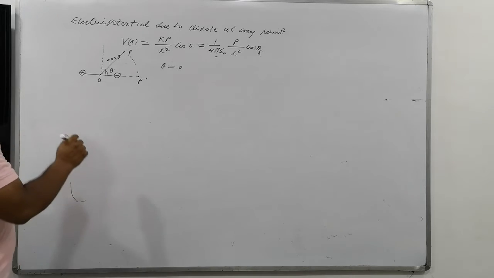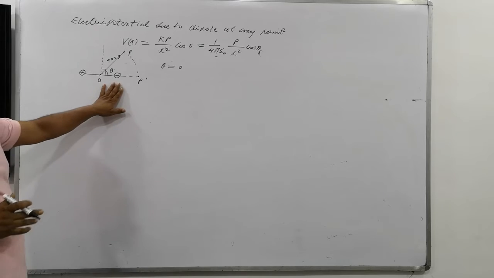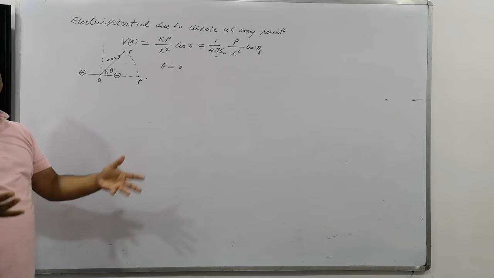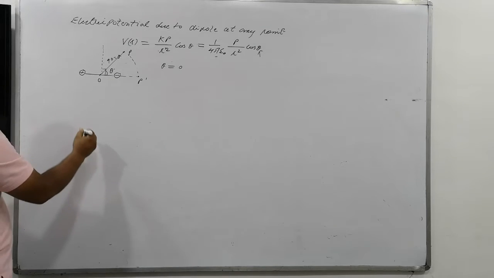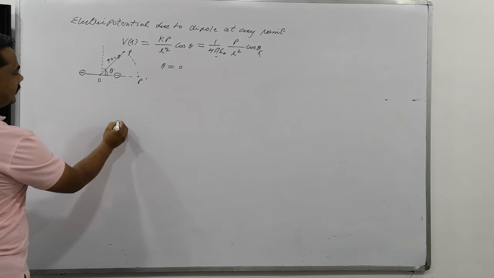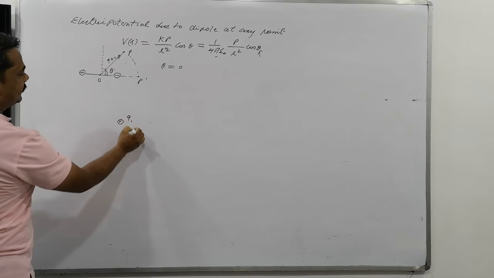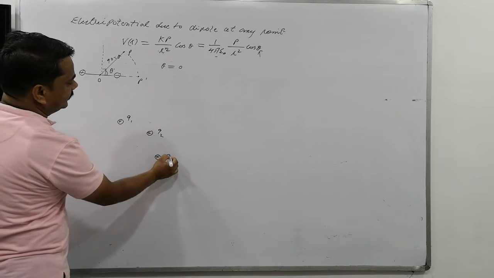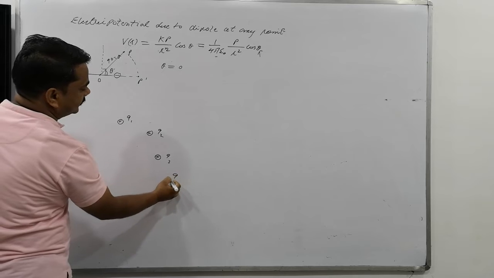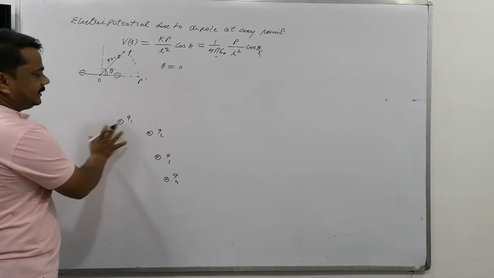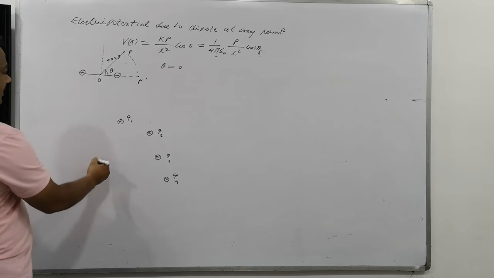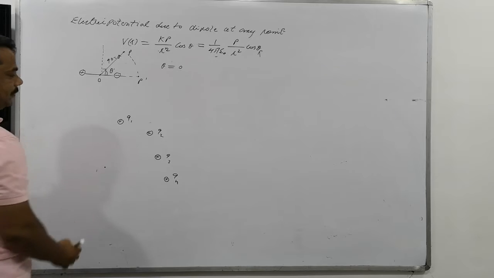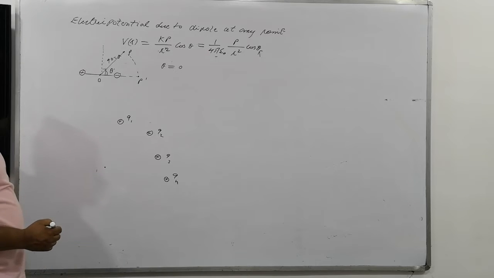Right now, today we are discussing a system of two charges, and we are discussing the superposition principle. Not only two charges, many charges can be there. Suppose one charge is here, it's q1, another charge is here, it's q2, another is q3, and some more charges up to qn. Clear or not? Many charges are there in the space, and we want to find out the potential at this point P. So how can we find out the potential at this point P?